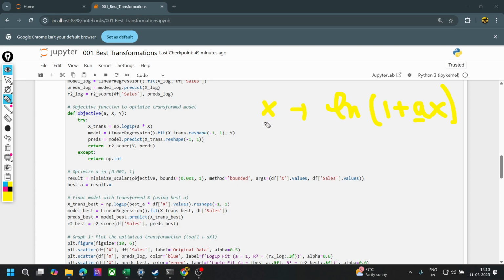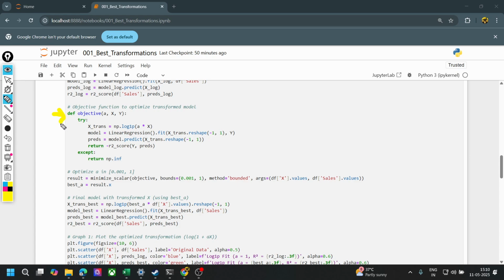So I simply run a regression, simply run a search here in a way you could say, or optimization here to give me the value of a for which I'm getting the maximum R square. R square has to be maximized in a way. So that is the simple function that I have created here. So if I quickly delete it,